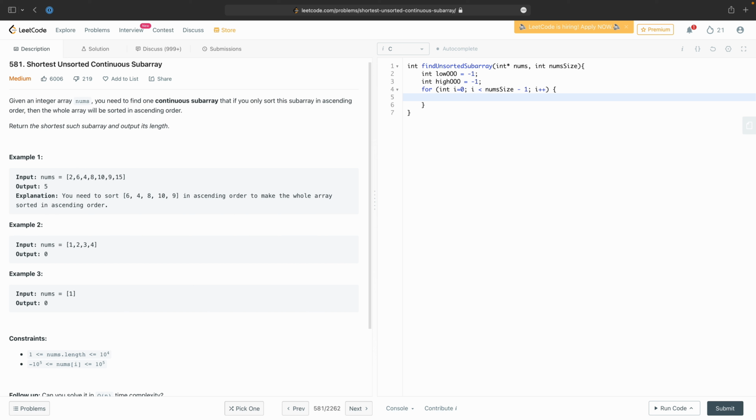And what I want to do here is compare nums[i] with nums[i+1]. So if nums[i] is greater than nums[i+1], out of order,